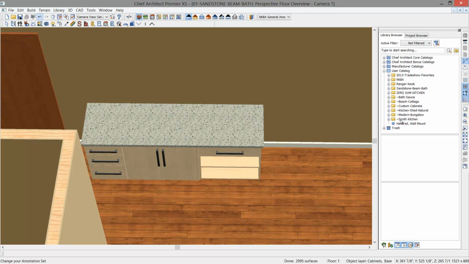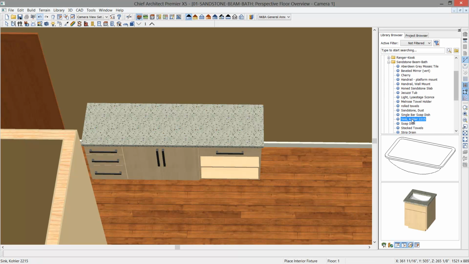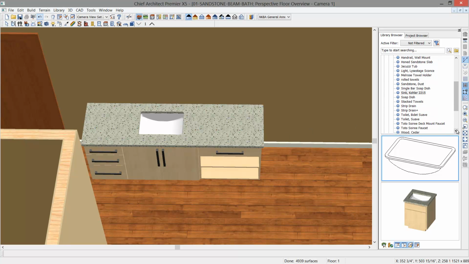So for this bathroom, let's go ahead and open up my favorites folder here. I've got Sandstone Beam Bath, and I'm going to go ahead and find my sink that I've added in here. I'm just going to scroll down here. Here I've saved a link to the Kohler sink. So I'm going to come over here and click on the cabinet and place the sink. And then I'm going to mix and match. I'm going to find our